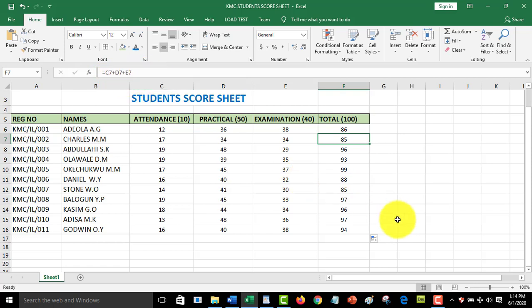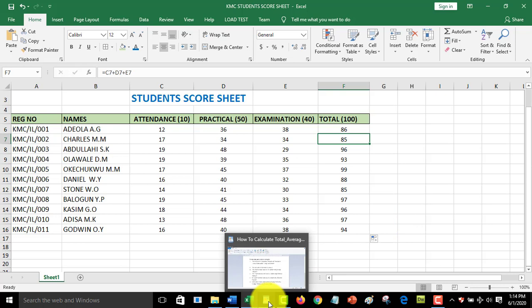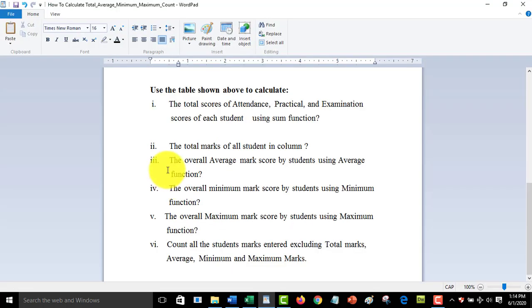This is one of the advantages of Excel. It enables you to calculate faster what you're supposed to do in an hour. It enables you to do it within minutes. Okay, so we have done that. So the next one we'll be looking at is the third question, which